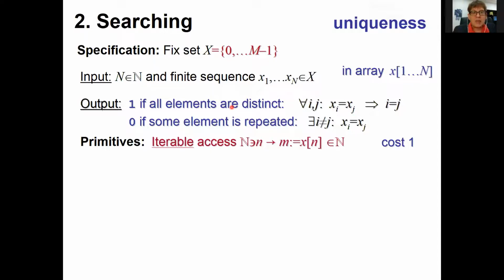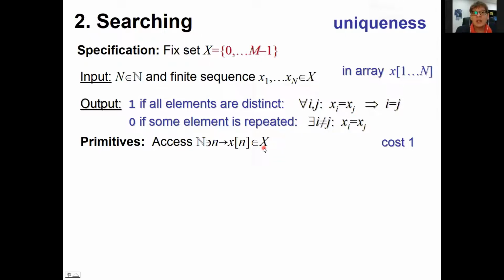But let's first adjust the primitives, right? Now that the data we're operating on is again an integer, that means we have two kinds of integers here, right? We have indices, which are positive integers, positive, we start with 1. And we have the elements in the array in the sequence, which are now on this slide for the first time also supposed to be integers, integers from this range,